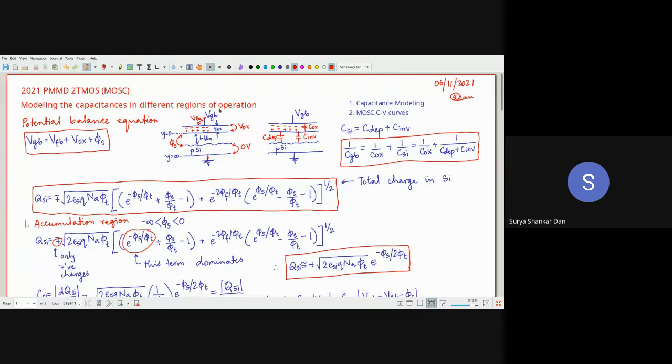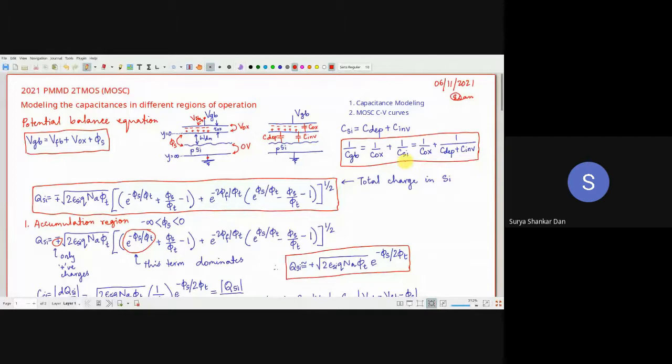Correct? So here there is VGB, so what do we need to find? CGB. Yes, so the expression for CGB I have already derived here. So what we understand is that the COX, that is the reason why I showed this at the very beginning of today's lecture. COX and CSI is nothing other than the sum of the depletion and inversion capacitances. Initially in the accumulation region, before we reach the moderate inversion, C inversion will be 0. Okay, so here 1 upon COX plus 1 upon CSI.